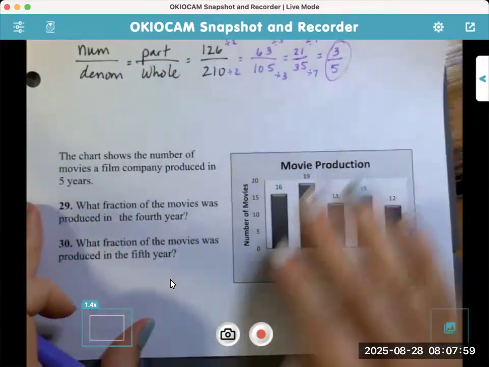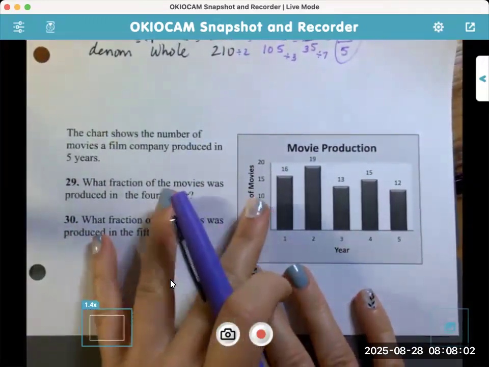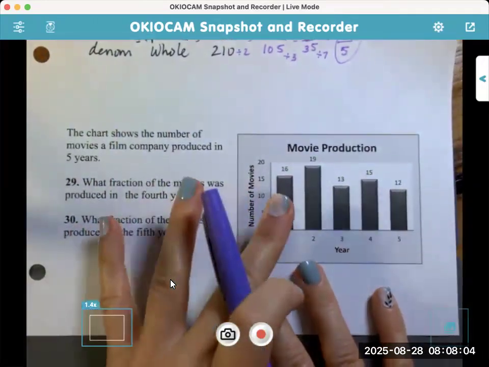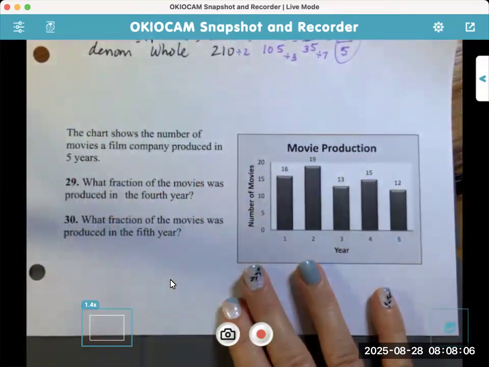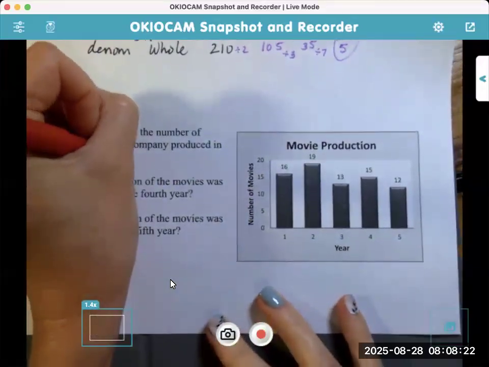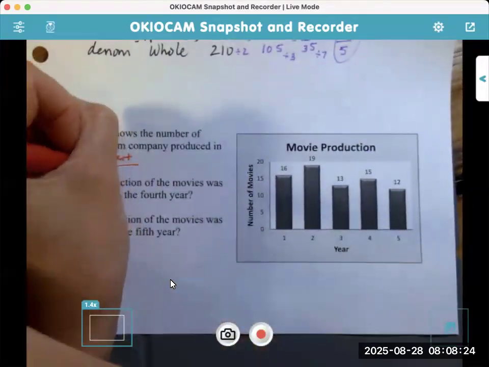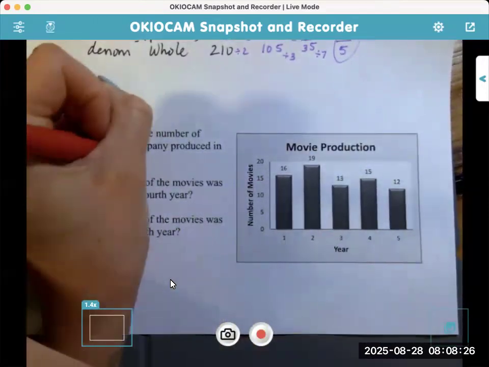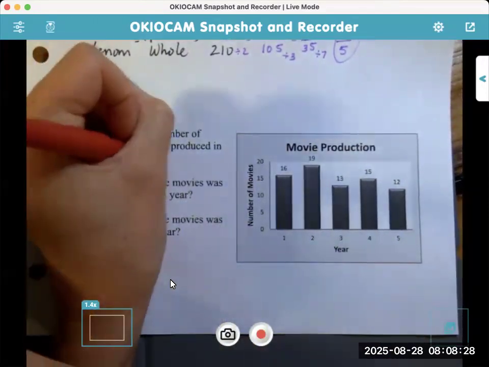Okay. So I want you to pause the video once I go over the instructions. Pause the video and try these on your own. The chart shows the number of movies a film company produced in 5 years. What fraction of the movies was produced in the 4th year? What fraction of the movies was produced in the 5th year? Okay. So if we think of things as part over a whole, numerator, denominator,